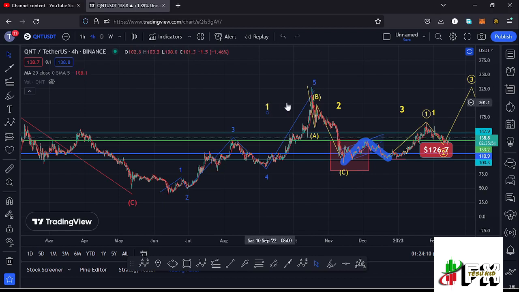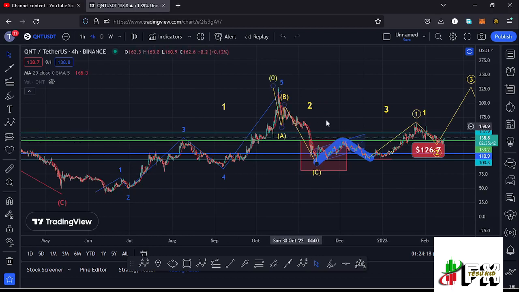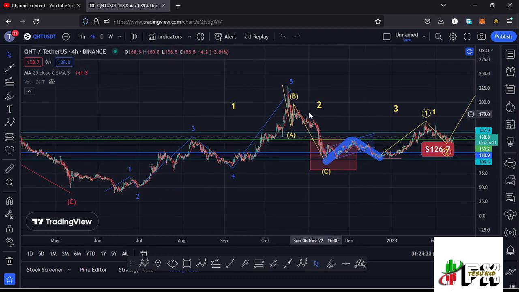And after seeing the formation of a larger Elliot wave count 1, whatever we expected next is a corrective structure in the formation of a larger Elliot wave count 2, which is a corrective wave, and because of its corrective nature, we also expected to see that ABC corrective structure having the wave C fully maximizing the formation of that wave 2. And after seeing the low for that second wave at around the $94.4 mark, whatever I'm expecting on